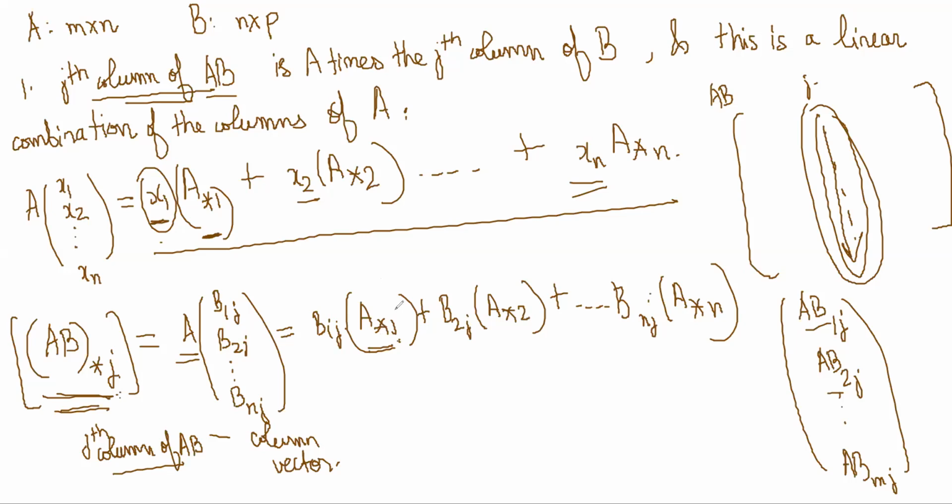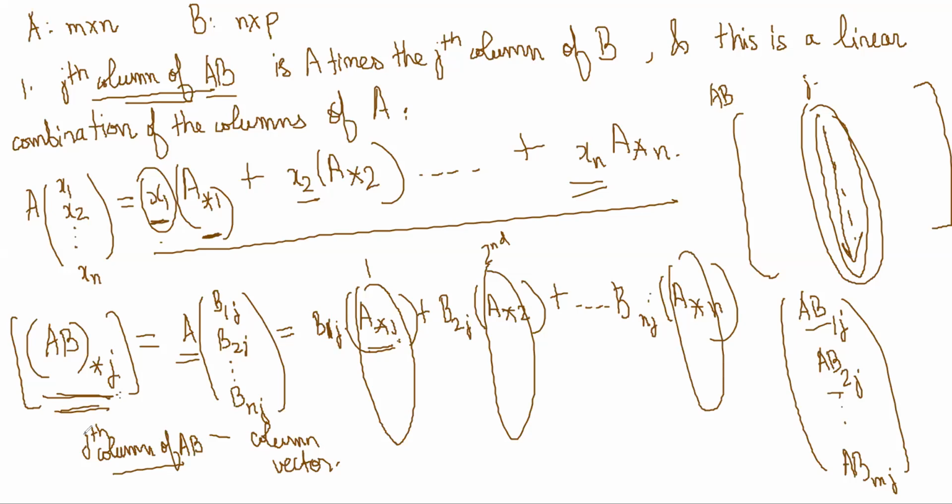So this is like a column vector, the first column. This is the second column, right? So you are basically multiplying it with a scalar, right? B1J. This is not IJ. By mistake, I've written IJ here. B1J, right? Basically, scalar into some vectors, and giving a final vector, a final column vector.